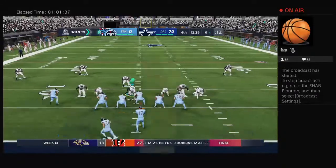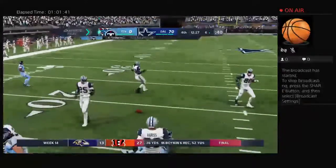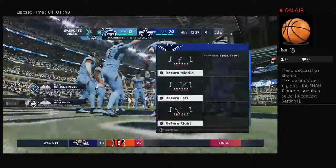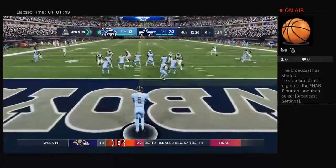It's a net of 40 there. Punt of 48 and a return of 8. And the Cowboys are going to take over in great position here with a 1st and 10. Now the Cowboys offense heads back onto the field. We find ourselves here in